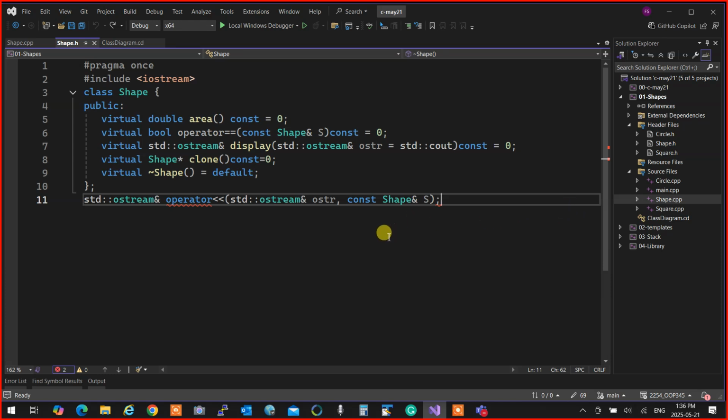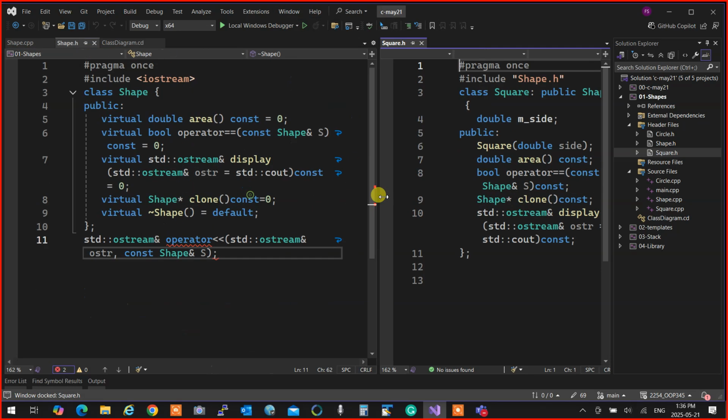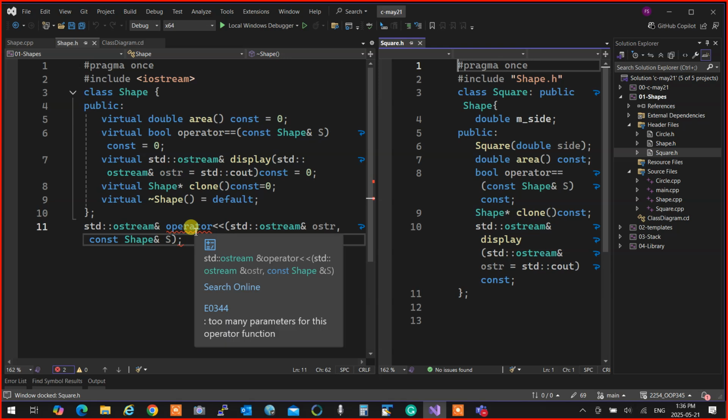So if I want to actually inherit this thing into, say, a square, what I need to do is to essentially create everything that the wish list of a shape is asking for, at least, or may add something more. I'm not going to add anything more to it. I'm just going to implement everything that the interface is instructing me to do. And how does it instruct me? By creating a pure virtual method, I'm essentially saying if you want to exist,